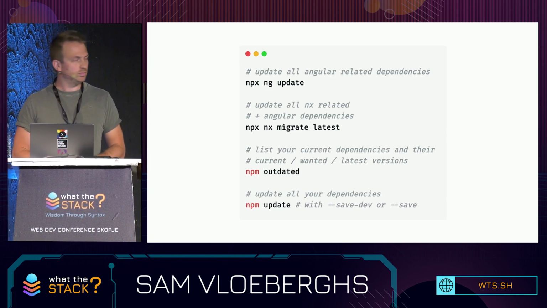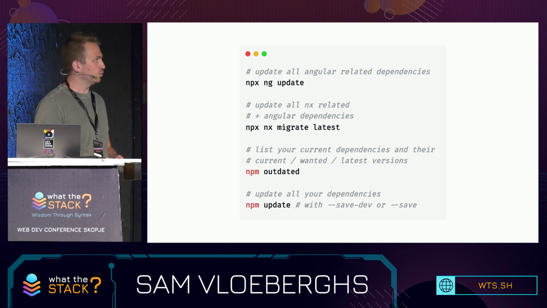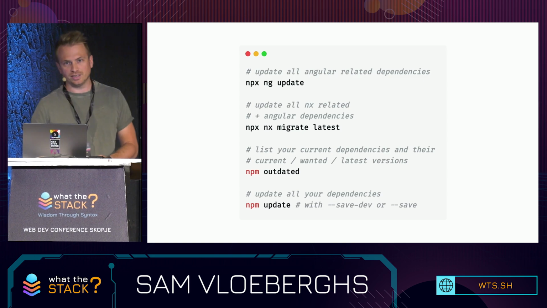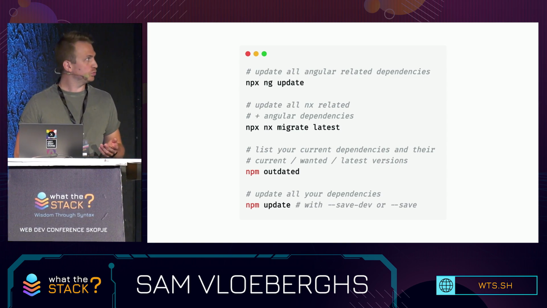So you might want to use some other tools as well, like, for example, npm outdated. npm outdated will list all your current dependencies and their wanted and latest versions available. And if you just want to go,